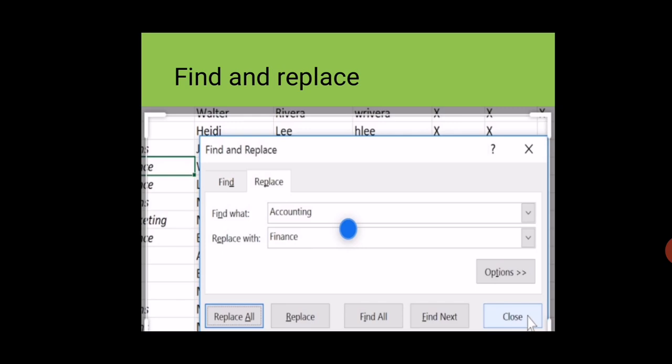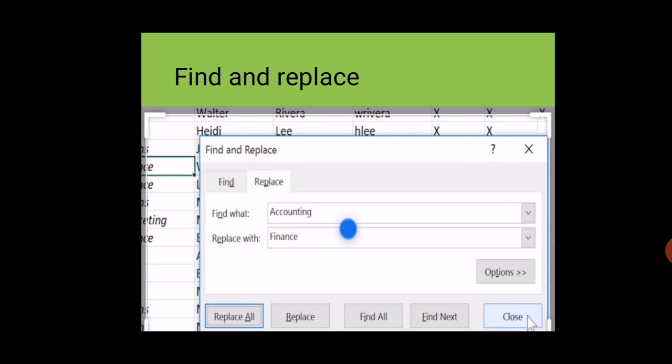The shortcut key for find is Control plus F. Next is replace. The replace shortcut key is Control plus H. In replace you can change your letter with another letter. In Find what, write the letter you want to change, in Replace with, write what you want to change it to, okay. Then you click on the replace button.